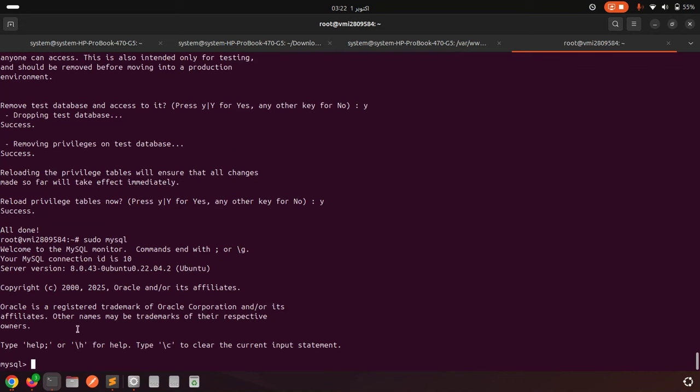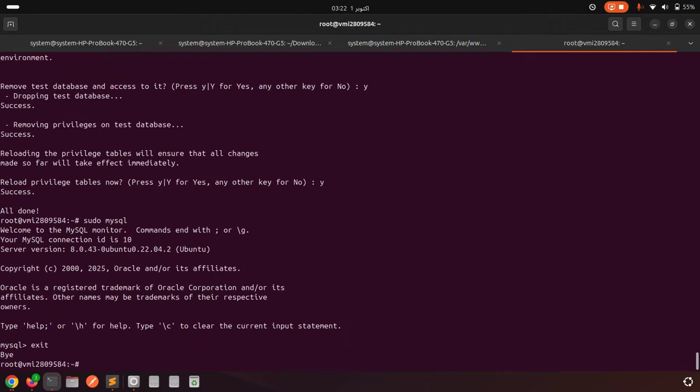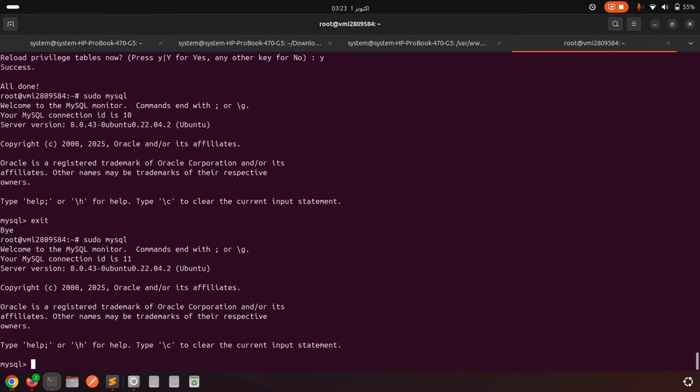Now I will exit. The next step is testing the database connection. Now I will log in again. Sudo mysql. Press enter. Here I can create a database. First I will create the database.